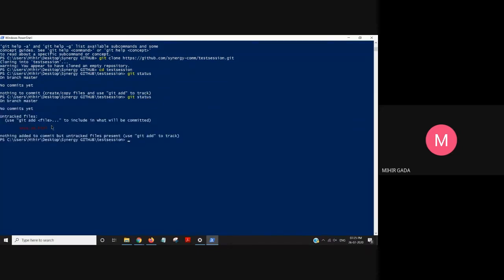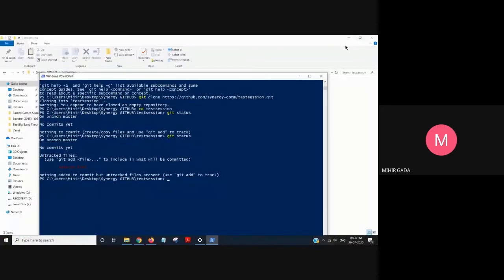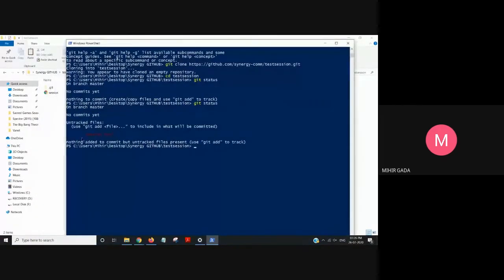You can see my session.html. I hope everybody can see; I cannot zoom here. There is a session.html, which means I have added one session.html file. I am just starting this Git repository, so I have added the initial project.